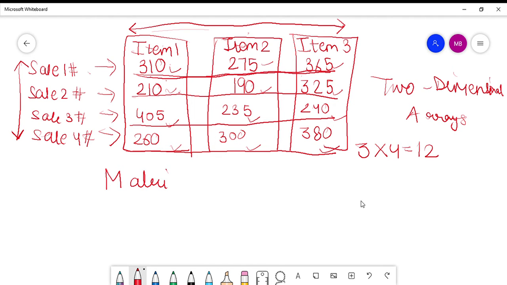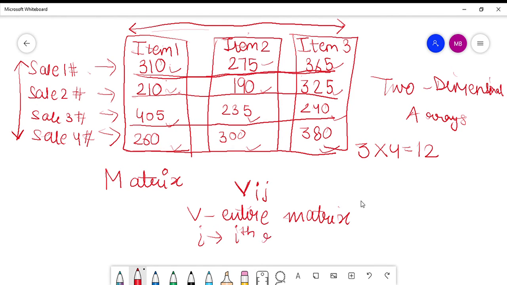If we had to represent this in mathematics, we would have done it using a matrix, wherein we would have used two subscripts. Say for example, the name of the matrix is V, then we would have used two subscripts, V[i][j], right? So V here denotes the entire matrix, and i refers to the ith row and j refers to the jth column.